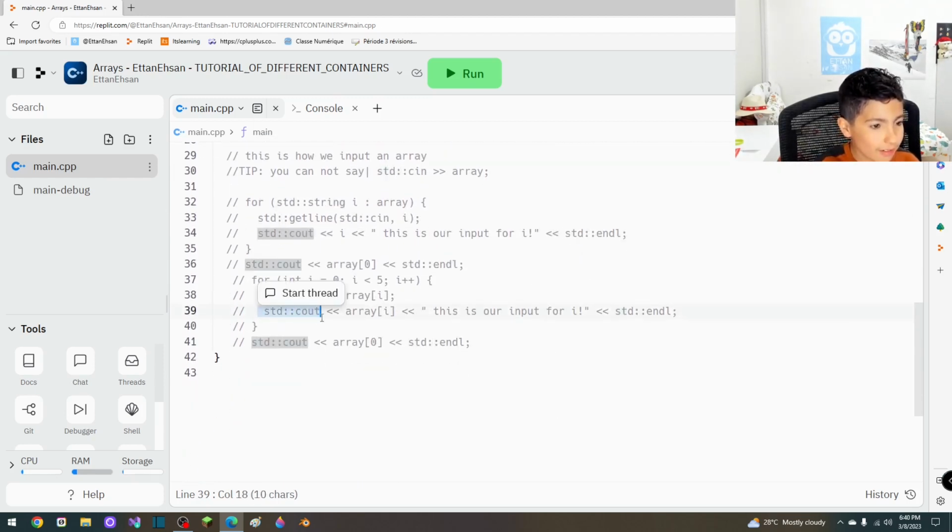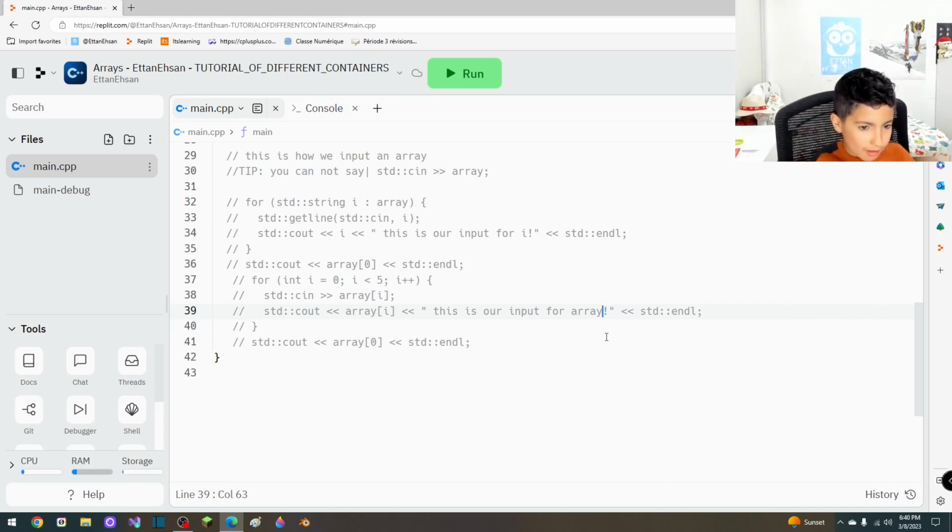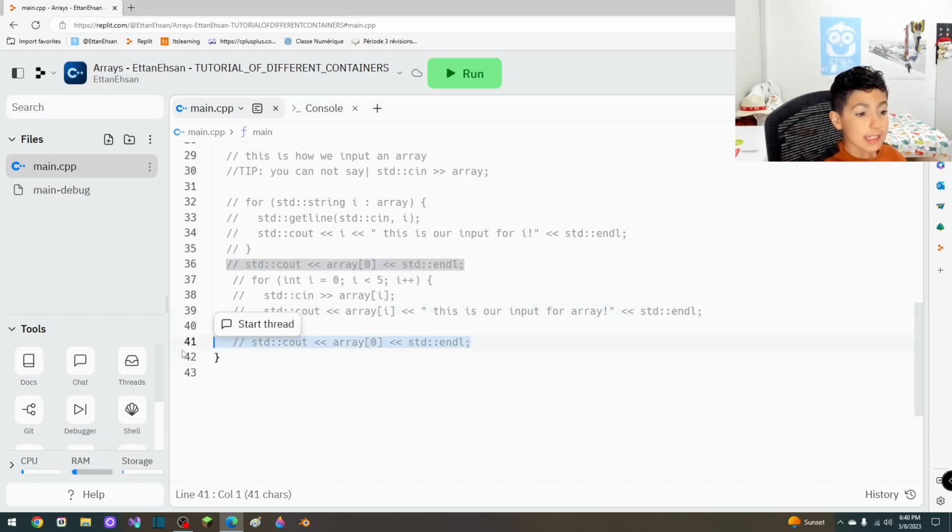So after we said cout, print out whatever you input. And after we said this is our input for i. What did I say? I should have said array. Anyways, forget about that part. And after we tested it, and here when you print it out, I saw that